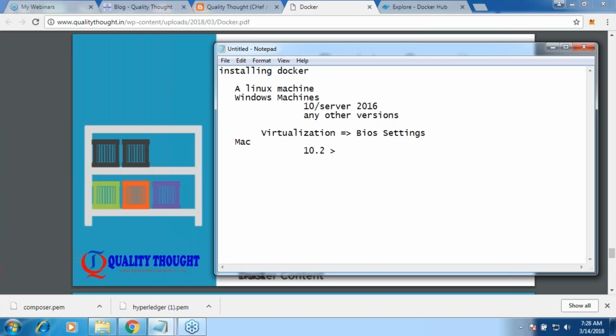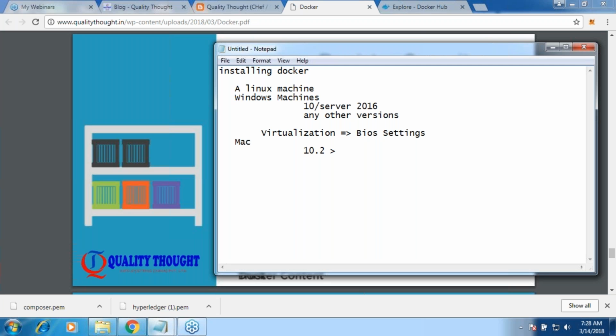I might have seen, you might have seen the BIOS settings. Press F1 to set up or F2 to set up or something like that. There you will be seeing a setting called virtualization. Please enable that. If you don't have that, you can't use Docker. Okay, you can't use Docker. And if you have purchased your laptop recently, every version supports virtualization. So no need to worry if you are working on a newer version of it.